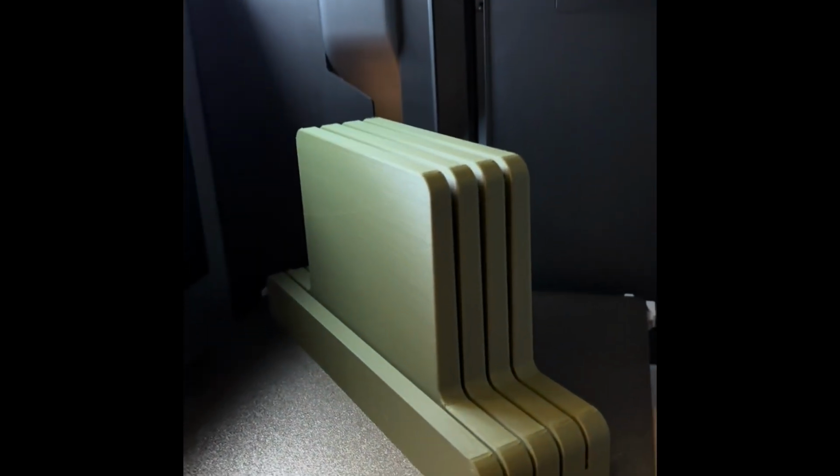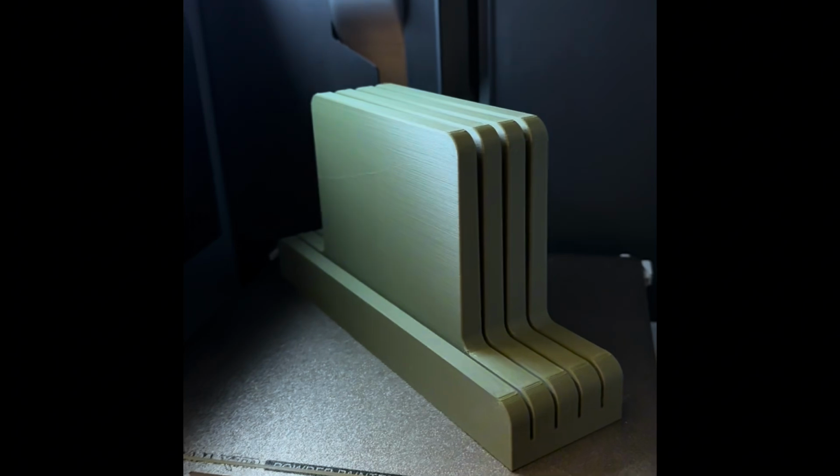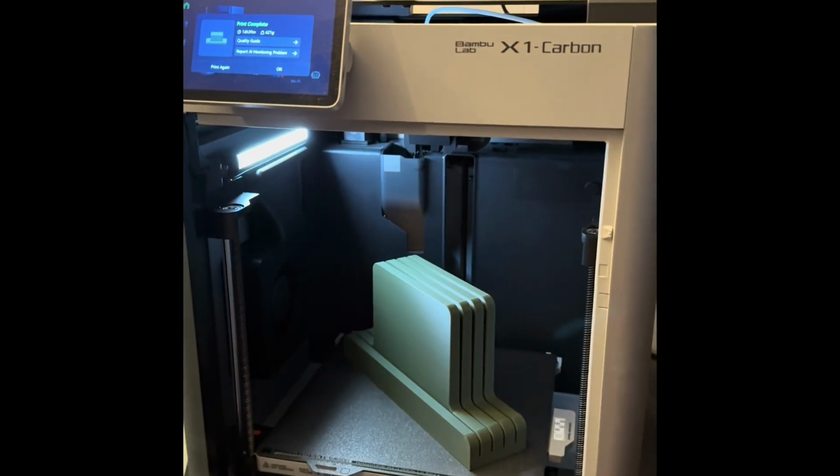We've already seen the build plates loaded in the holder. This was right after it was done printing, and it wasn't cool enough yet to take off the build plate,